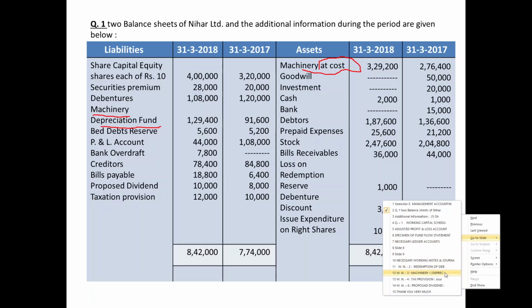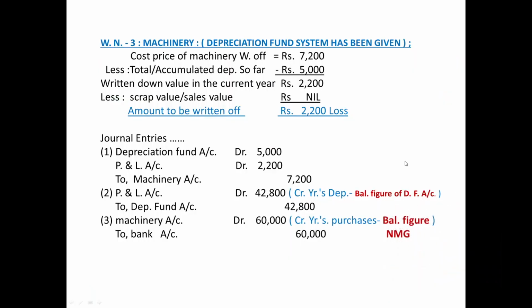Let me tell you how the depreciation fund system works. There are three main characteristics of this system. Number one, under the depreciation fund system, assets are always shown at their original cost. Number two,